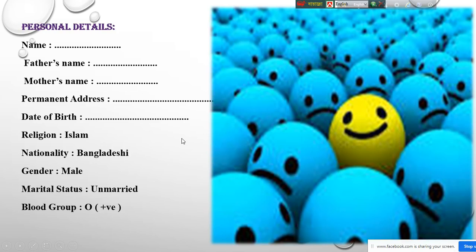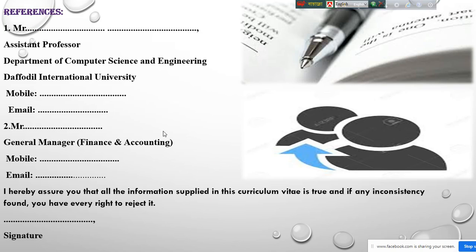As I mentioned earlier, sometimes the style of CV depends on the employer, what they demand, what they want. So first you have to read the advertisement very carefully, and you have to pay attention to the requirements they ask to know from you. Okay, so it depends. And references, sometimes